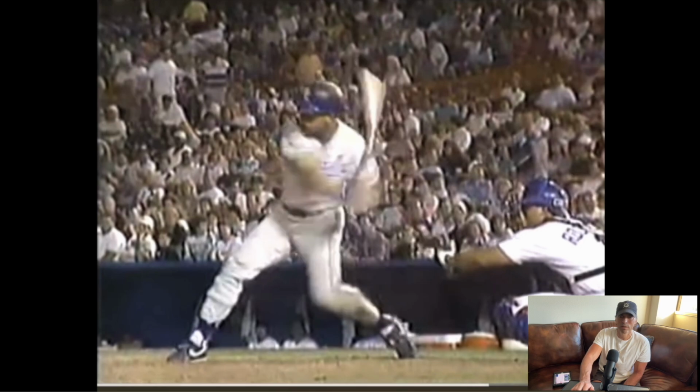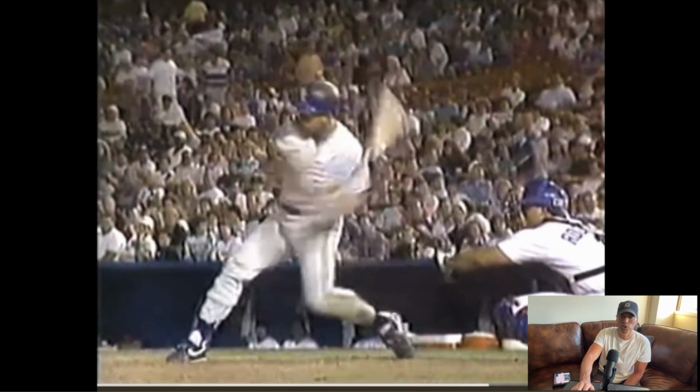Because you can see there's a little bit of front humerus compression, but the bat's coming from a pretty steep angle. There's the front humerus compression, very steep angle bat, but I'm sure he's still feeling the lead side pathway. That is really the quintessential thing. You can almost look however you want, but if you feel that lead side pathway,